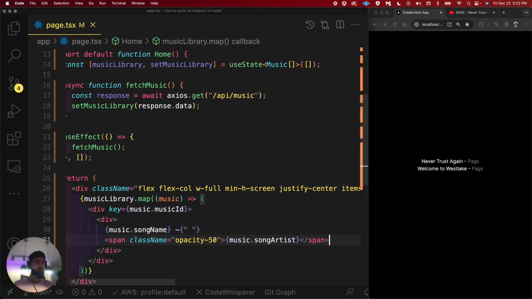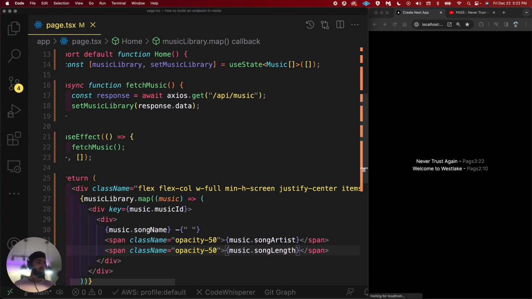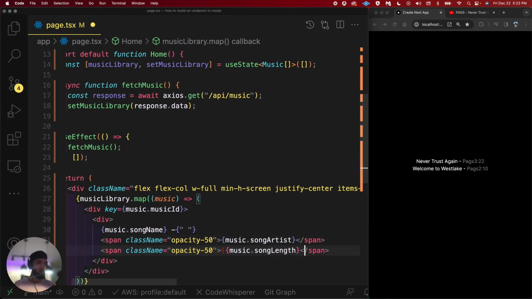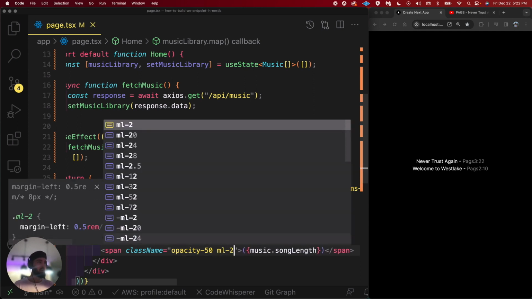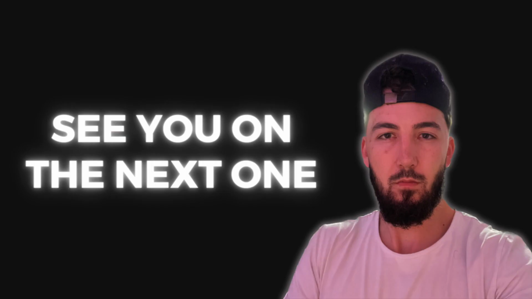So yeah, now we have our music starting to show up here, and then obviously we can do more elements. We could do, what else was on there? The song length, right? So we could see how long the music is, or how long each song is. What else can we do? We can margin left -2 just to give it a little space. Yeah, guys. So steal that, run with it. But that is effectively how seamless Next.js should be, right? Where we shouldn't have all these problems, but just crash your server, fire it back up,